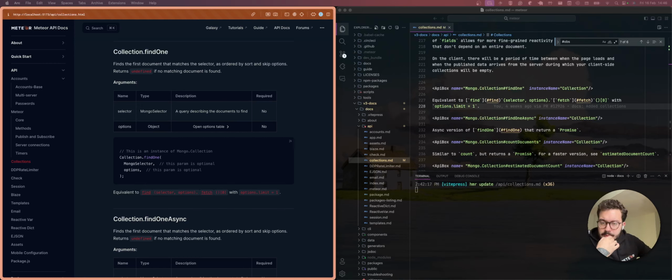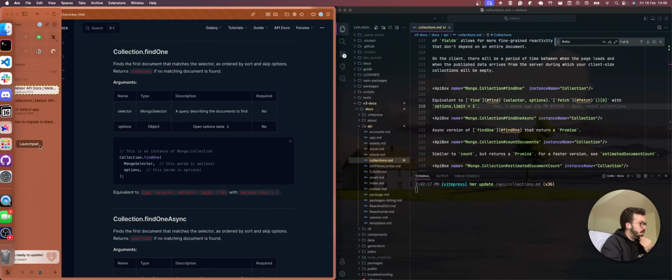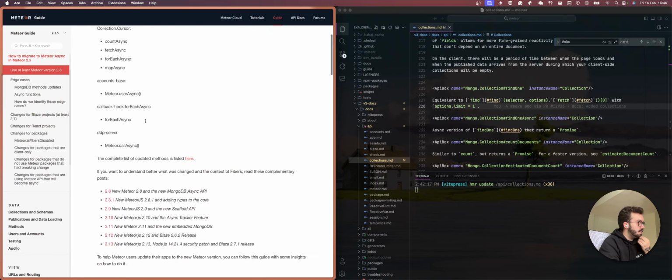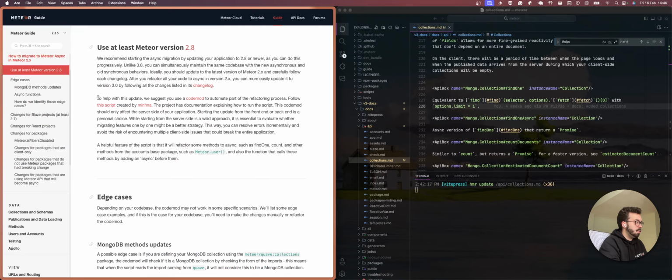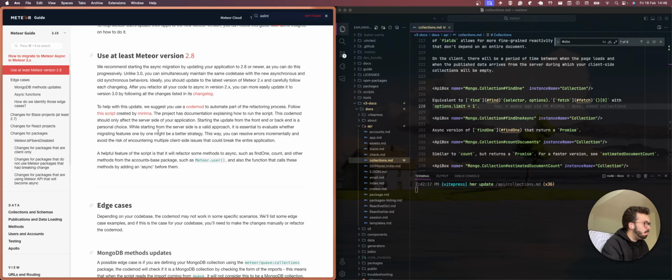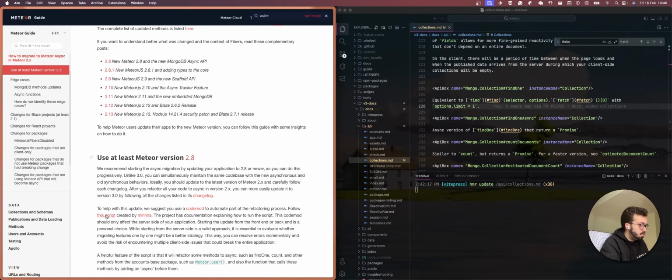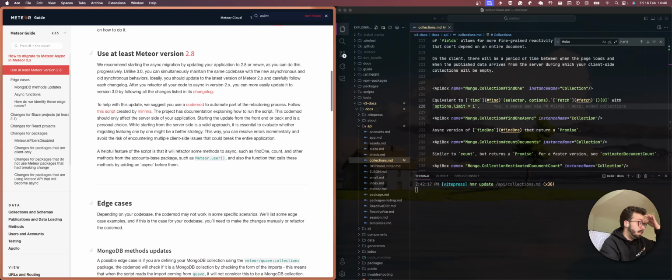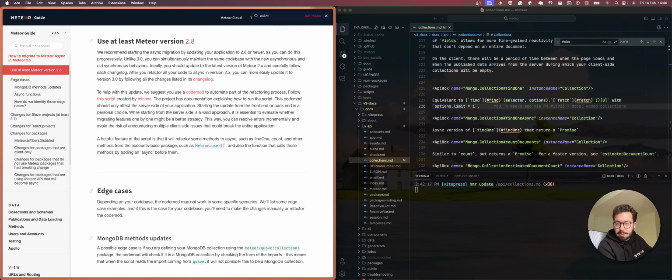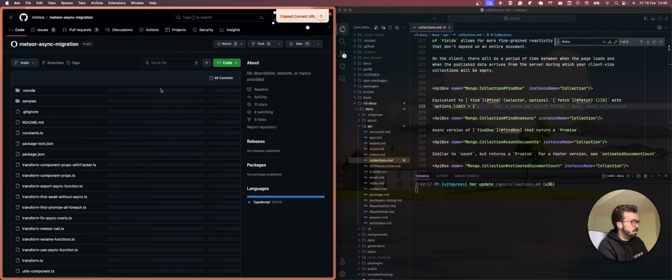Does that change the more comments page? Yeah, exactly, that's what I was talking about. This one has a link to this codemod here. I think it's this script that I sent before. I don't think there's a forum post here. But the script is this one, right? Like the Meteor async migration. It does this part. I think it's this script that you're looking for, right?